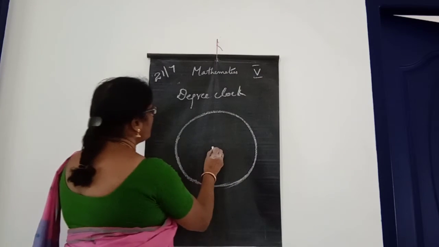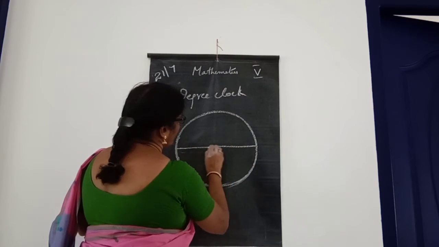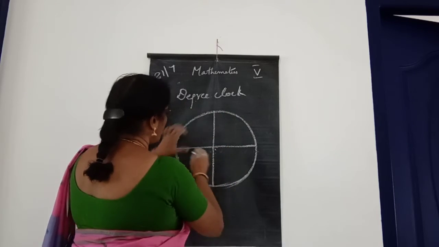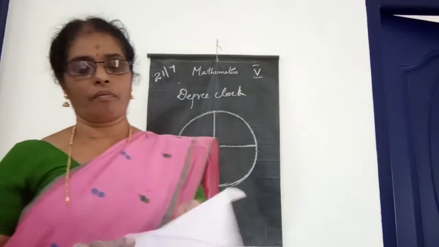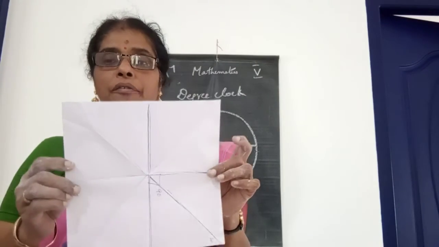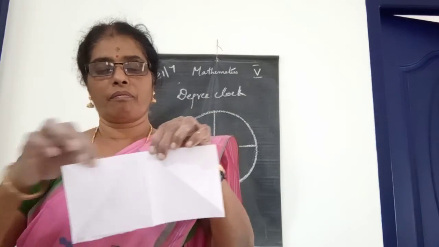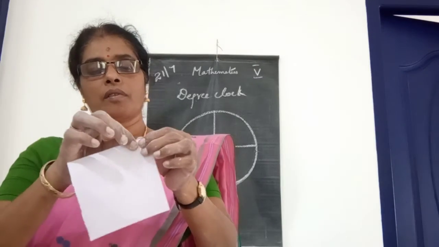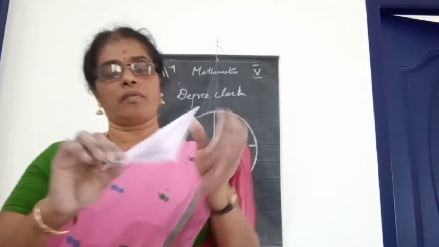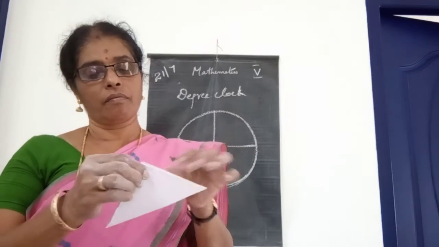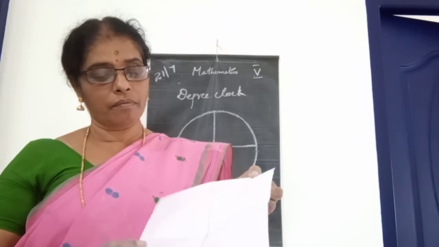Okay, then here in the middle, see, in between you can see like this in the middle. If you take this one, a square paper, and if you take a circle, first you have to draw in between, and again in the middle. Again you can draw, and you will get this shape. Okay, children.